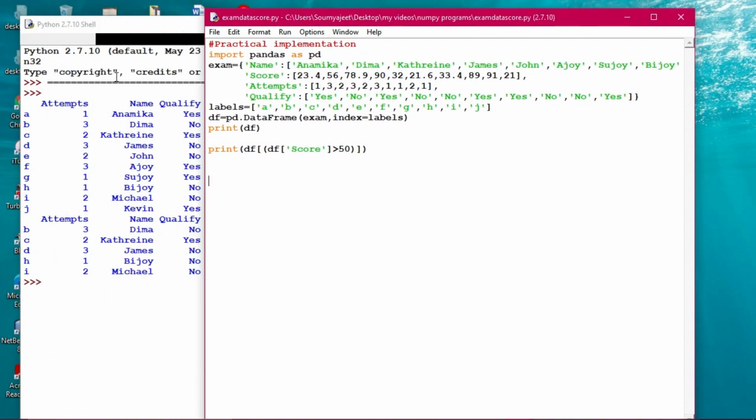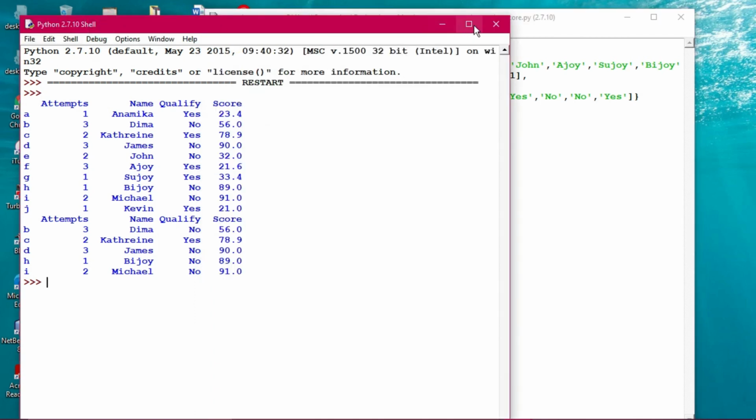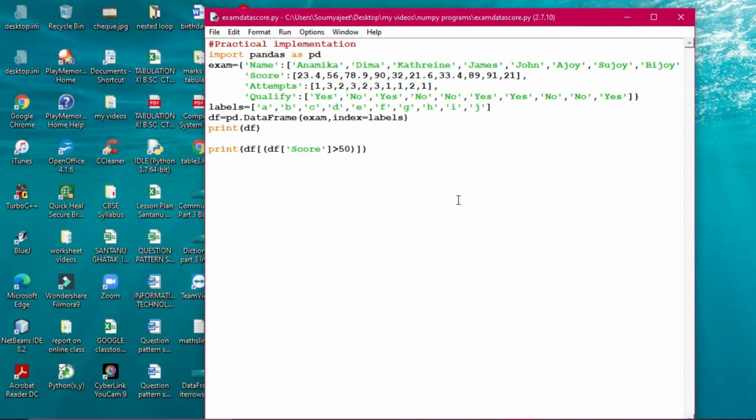So in this way, whatever criteria will be given in your question, you have to follow. And the dictionary, you know how to create: key and value pairs, each separated by comma, and the entire thing has to be kept inside curly braces. Levels, if you want, you can take, otherwise the index will remain as it is. Print df means the data has been printed, and here the criteria has been imposed, which will help you extract the data.